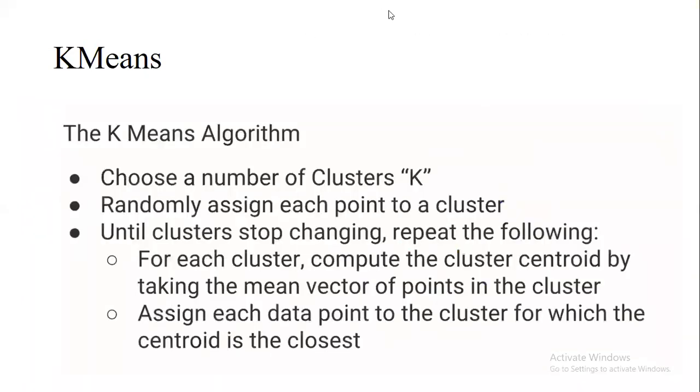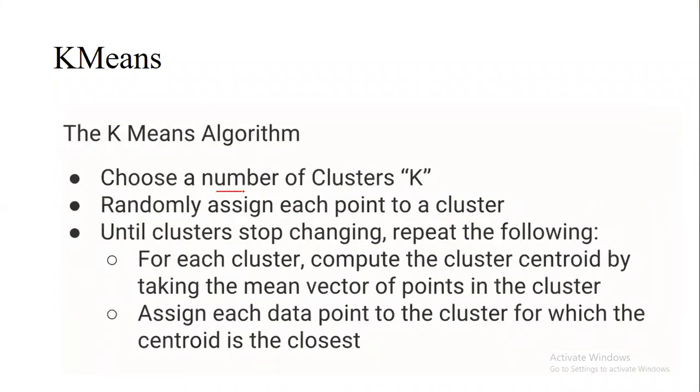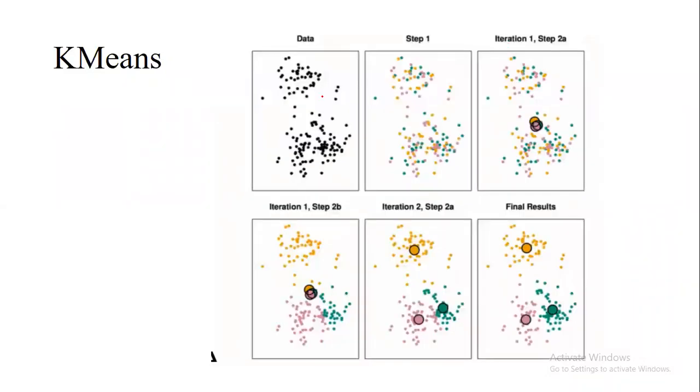The k value will be a randomly chosen value. You have n number of clusters, and from these you are going to choose k. The k is a random number at the very first step. You are going to repeat certain steps again and again to make your clusters. So this is your data. In this data, you are going to cluster like this, so the related data are changing the color. Now you are making some centroids. Based on the centroid, it will put these in the same group, and this in the same group, and this in the same group. So this is how k-means works.